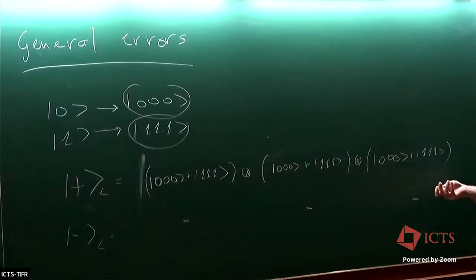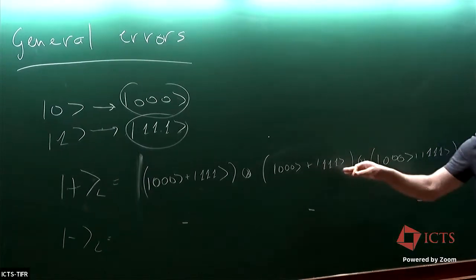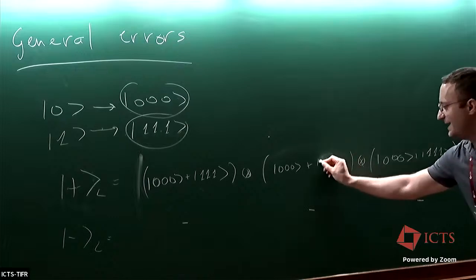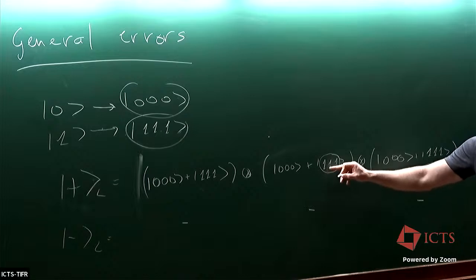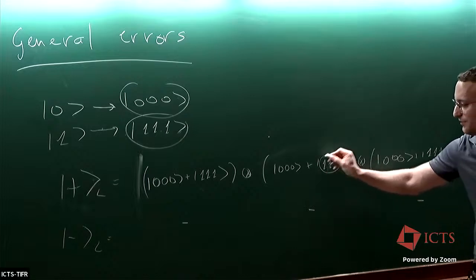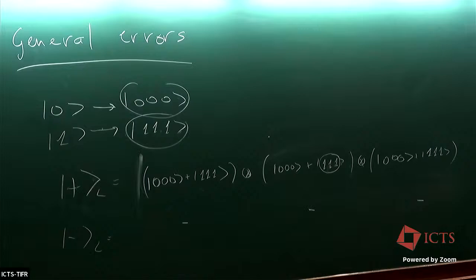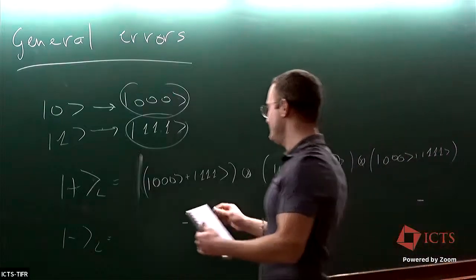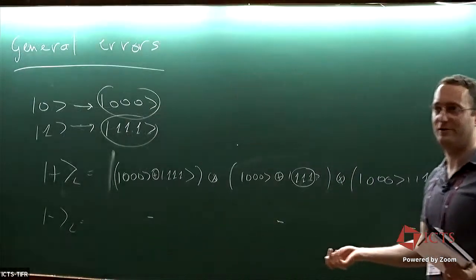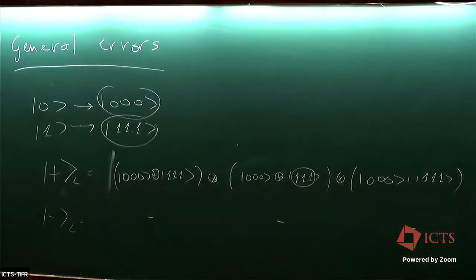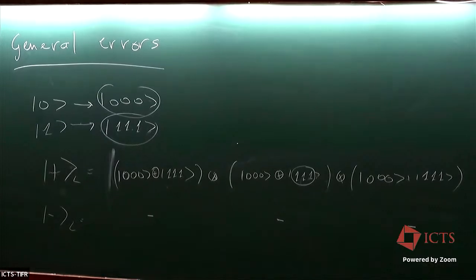If you have a bit flip error on any of these 9 qubits, you can detect and correct it by observing a flip in the parity within each 3-qubit block. If you have a phase flip error, you can detect and correct it by looking if this phase is equal to this phase or whether a phase flip has occurred. We can correct both bit flips and phase flips. And you can check for yourselves that if we have a Y error, which is a bit flip and a phase flip, then